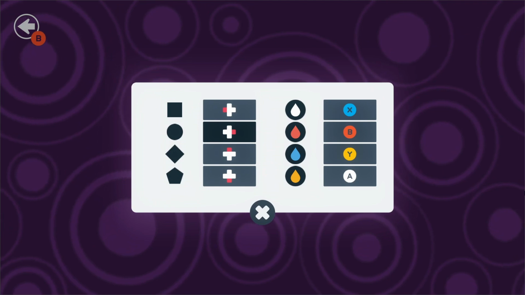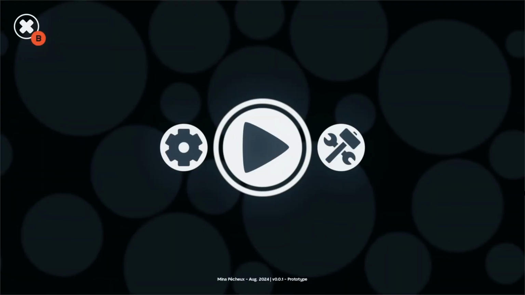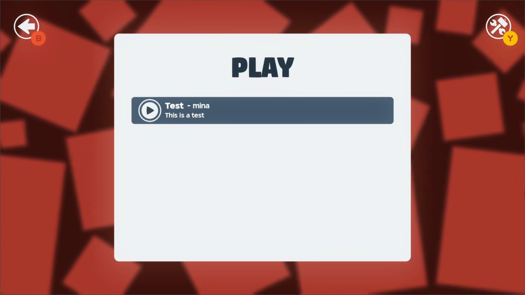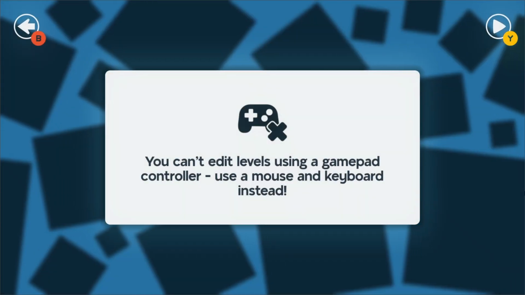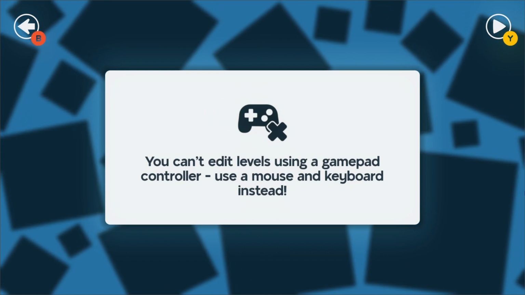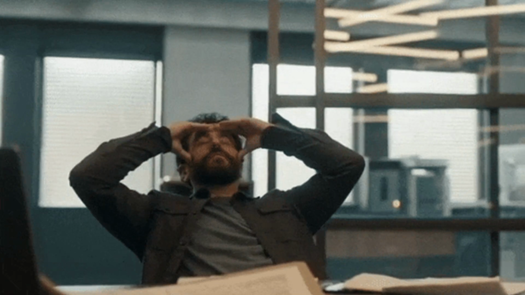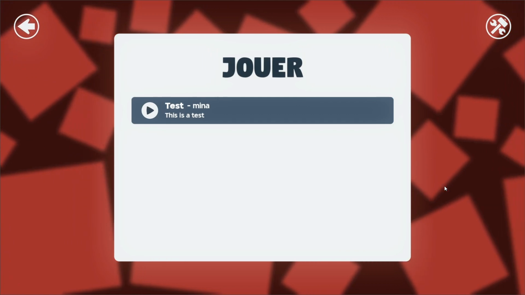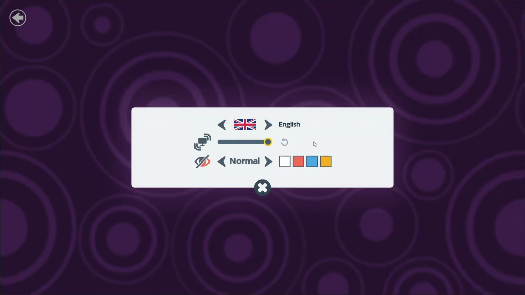I also made sure to add some extra focus visuals and sounds to clearly tell players where their focus is currently, and a few extra key prompts for other actions. This makes most of the game playable with a gamepad, except for the level editor that, for now, is only available when you use a keyboard and a mouse. Because, yeah, handling all of those options and tools with a gamepad was just way too much work for me at that point. But anyway, with these additional accessibility features, I felt like Matchem was really becoming a real game,